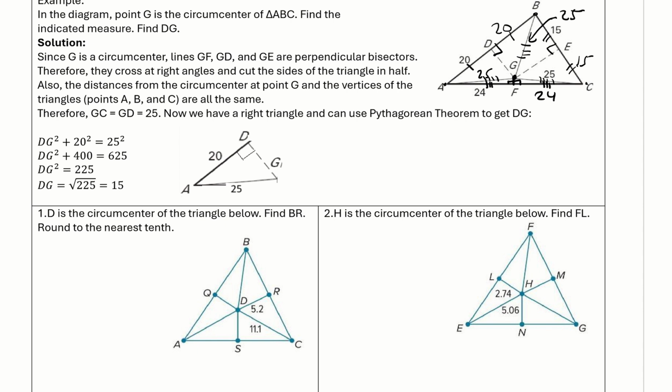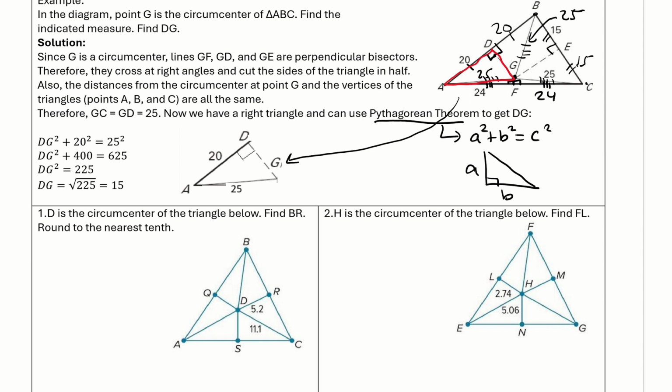Okay. So now that we got that information, we just focus on this side, that triangle, and that's the triangle that you see drawn here. And remember that we can solve for this. This is a right angle here because it's a perpendicular bisector. So because it's a right triangle, we can always use the Pythagorean theorem. Remember, Pythagorean theorem is a squared plus b squared equals c squared, where c is the